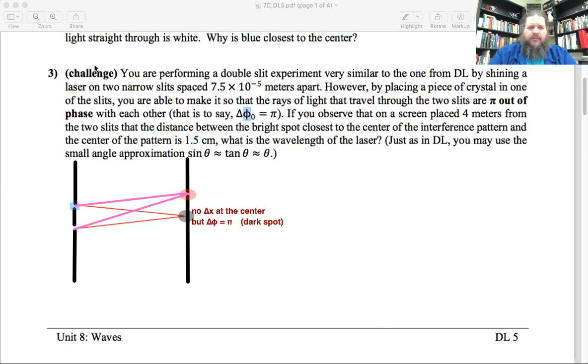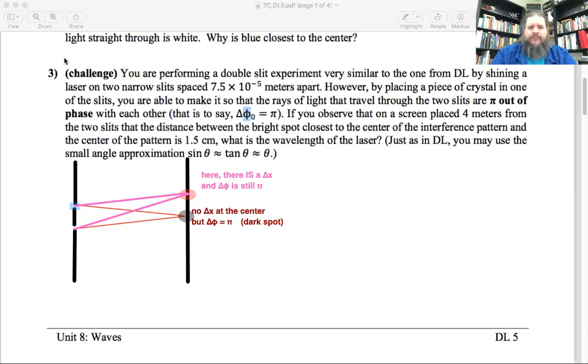At this location, would we still have no delta x? No. Right, it looks like these two paths are traveling different distances. So here there is a delta x. We also still have delta phase shift equals pi because we're still talking about a slit with a crystal and a slit without a crystal. But we want this to be a bright spot. So to be a bright spot,